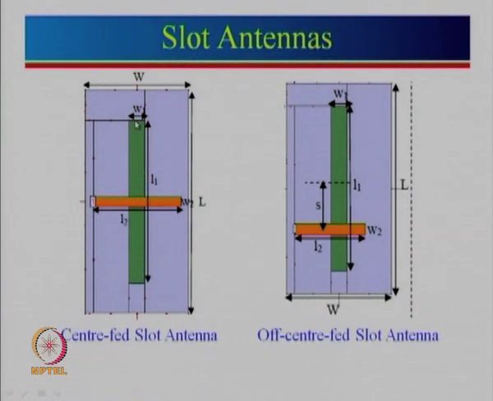What a dipole sees is metal, and then there is air all around. Here we have all metal, and you cut a slot in between. But of course, we also know you cannot have an infinite ground plane. So the majority of the time we have a finite ground plane and we cut a slot in it. Now this slot can be fed through a microstrip line.